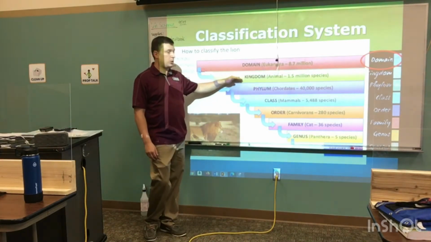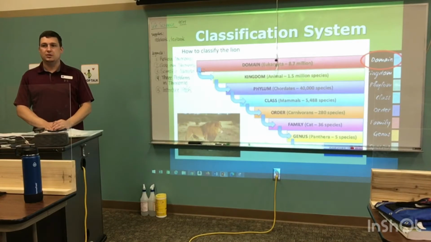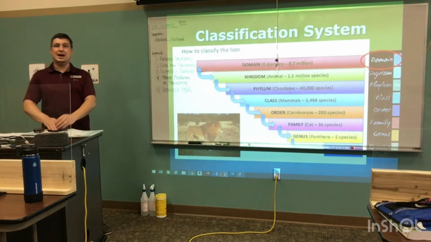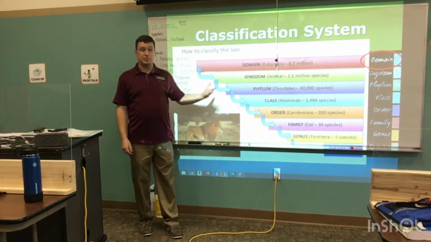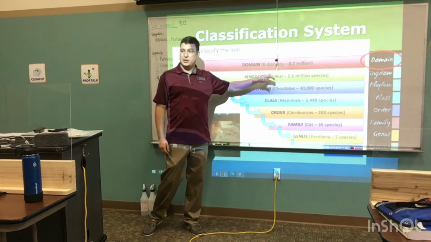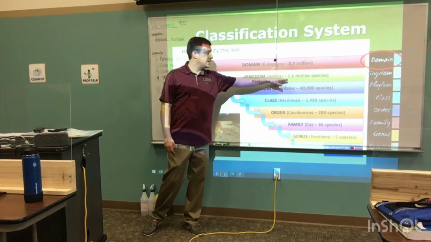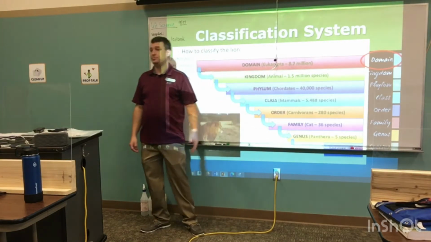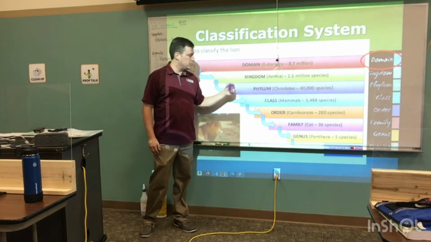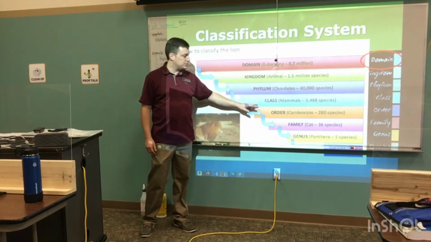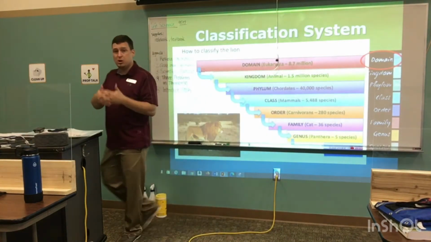But then we go down to a smaller level. We go down to kingdom. Show me with your fingers, how many kingdoms are there? You guys got it. 6. 6 kingdoms. Now this lion just happens to be in the animal kingdom, right? You can see here we went from almost 9 million species in this domain down to 1.5 million. But then after that, we go even smaller, don't we? We go into the phylum, into the class, order, family, genus, and the last one, the absolutely smallest level of